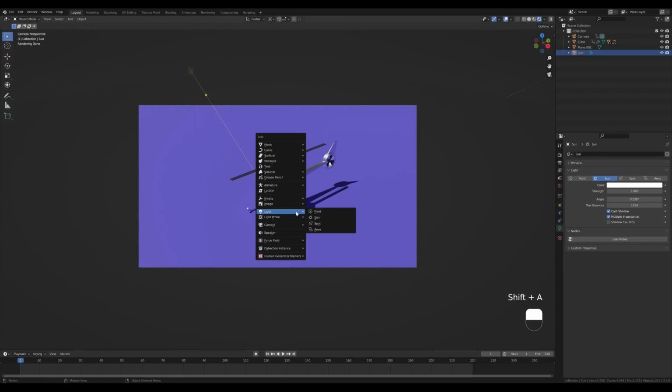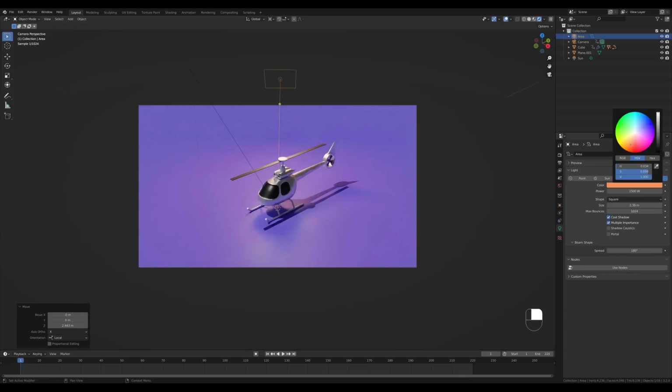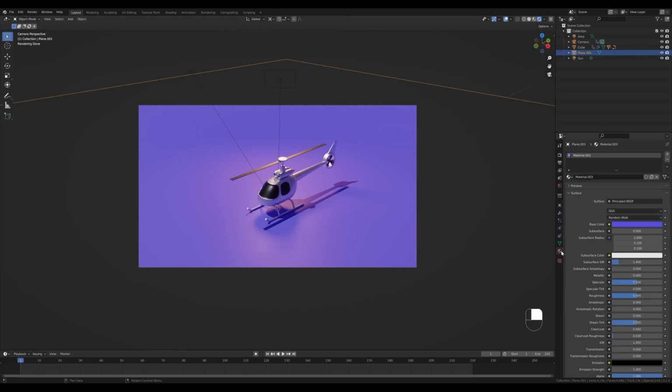So first of all, let's press Shift A and let's add some area light. And I'll press RX minus 45 degrees and RX 45. So we have some backlight here. Increase its size and let's set it to something like 1500, and let's give it some warm tone. This will make the scene a little bit more interesting. And now we can combine that with some dark violet world settings, and increase the roughness on the background, maybe reducing the specular a little bit, and then play with this color here as well.